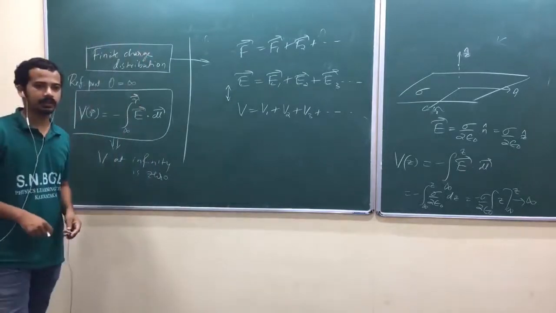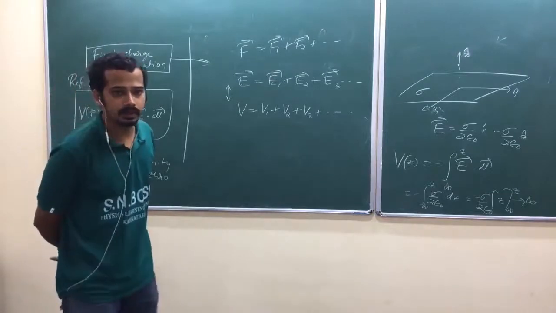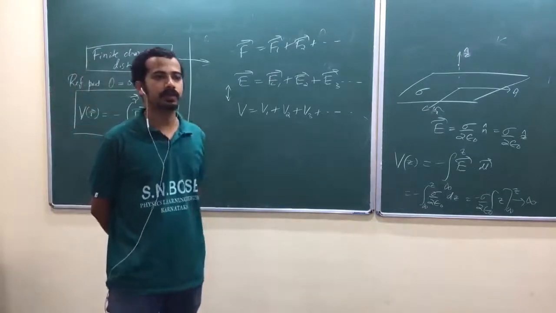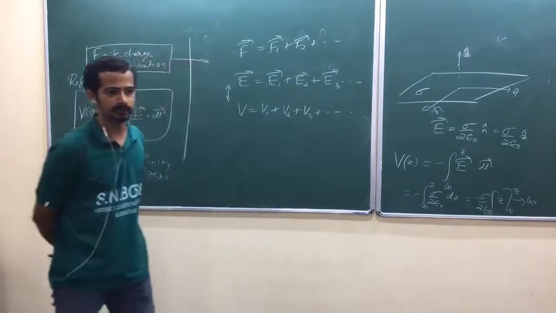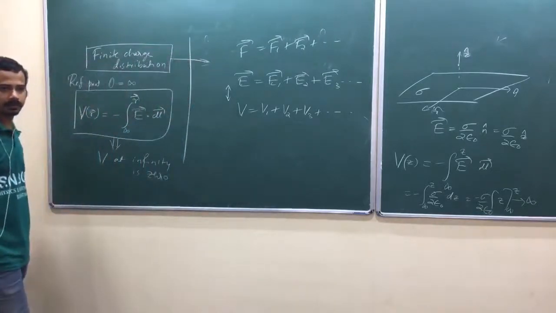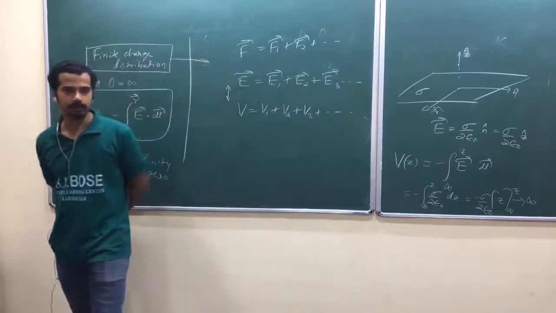Flux is zero. That can happen in many cases, am I right? In the case where electric field and area vector are perpendicular, then also flux is equal to 0. There may be potential. Yeah, you better ask this question after some time. Okay? Why did you get that question?